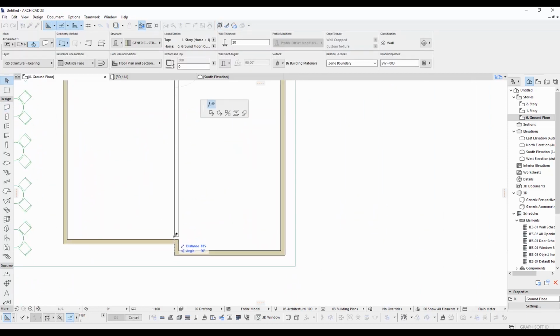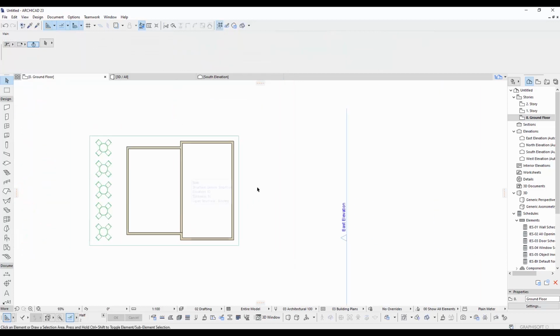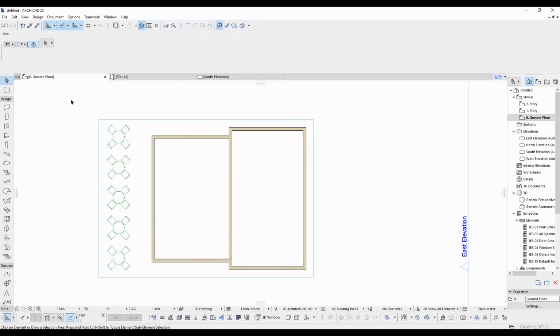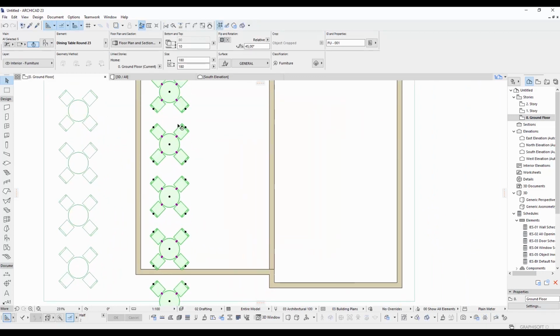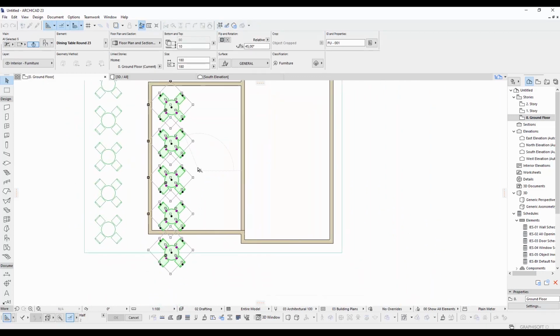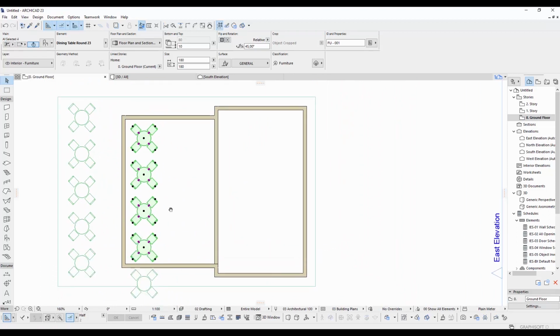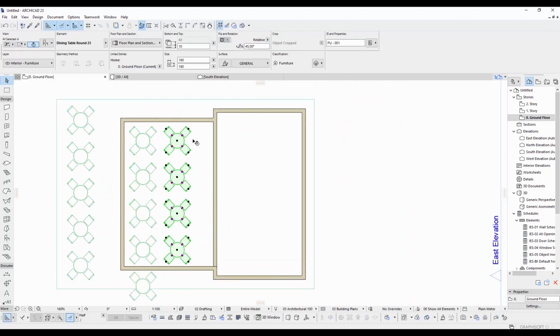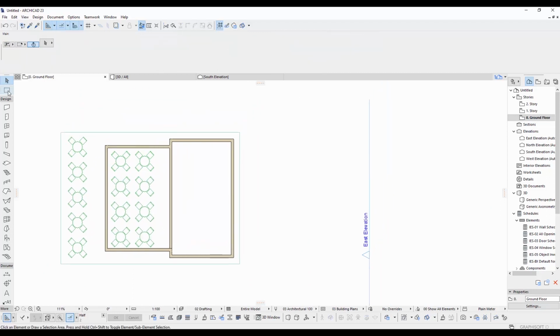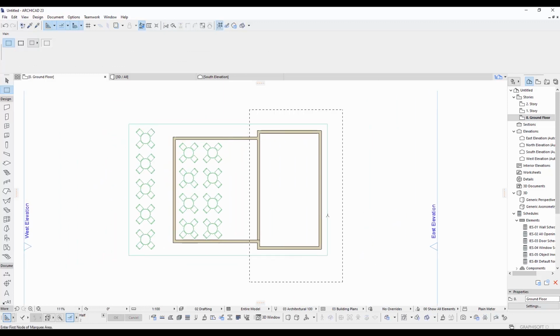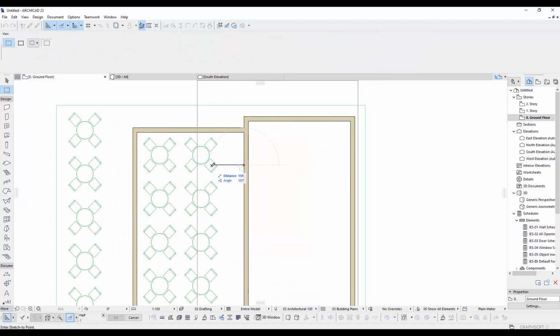I'm just gonna make interior walls and then I'm gonna copy these tables with Ctrl+Shift+D to the inside. I delete this and copy again. It seems that the space is not enough after placing the tables. I'm gonna stretch with the Mark tool and Ctrl+H.